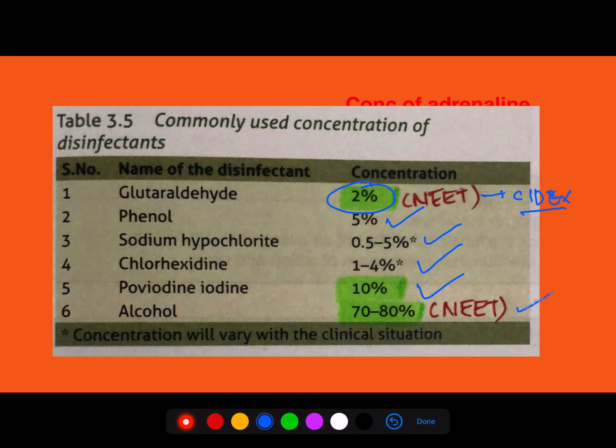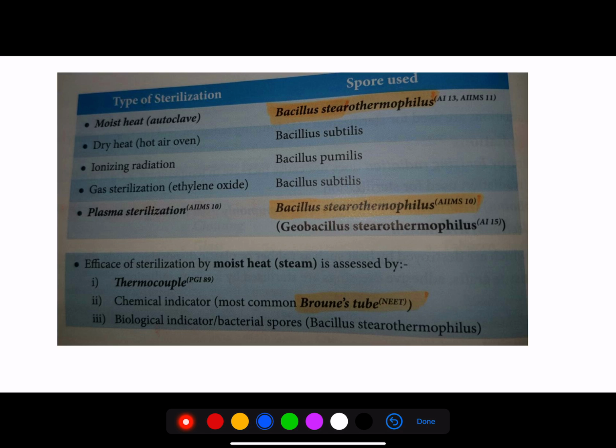And please do make a note about the different methods of sterilization for different agents. You have a 1.5 page table in your PG books microbiology part. I want you to go back and check, because most of the disinfectant based or sterilization based questions were covered in those 2 pages. The next comes the spores that are useful for the disinfection, that is most commonly asked,